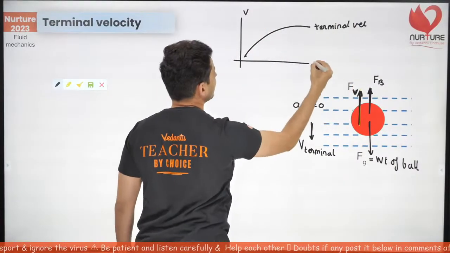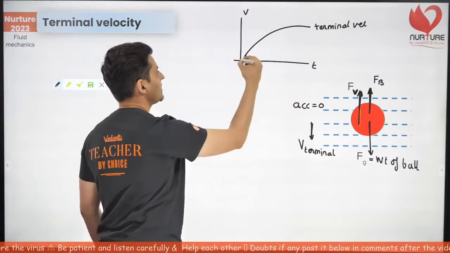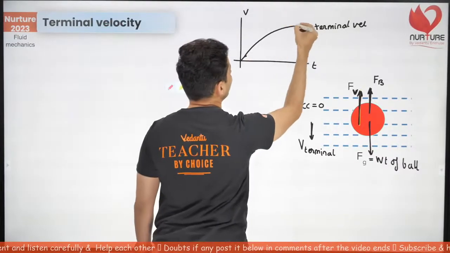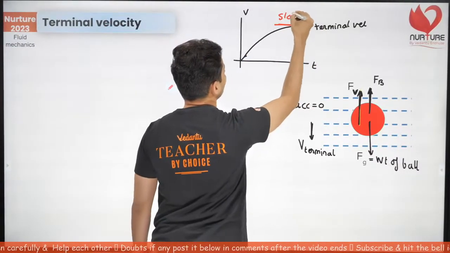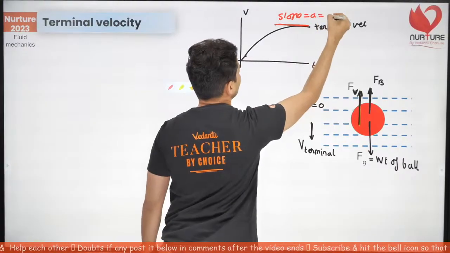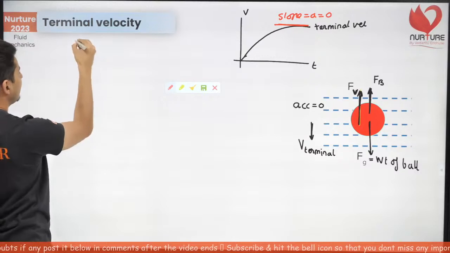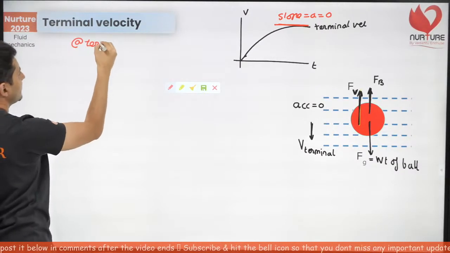So this is velocity with time. It will start from 0. Eventually it will stop accelerating, and you can also see when you draw a tangent to that, the slope, which is basically acceleration, is 0 eventually. So at terminal velocity,